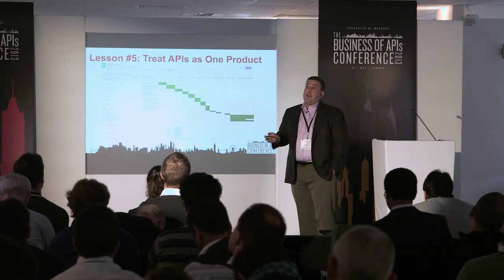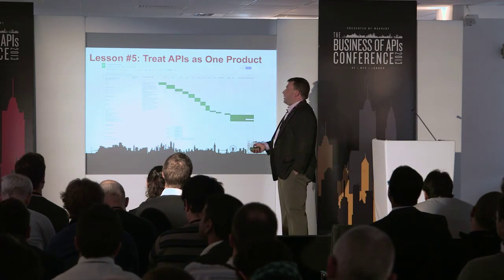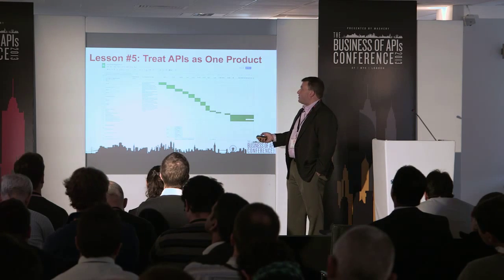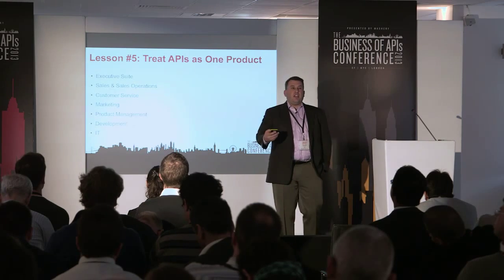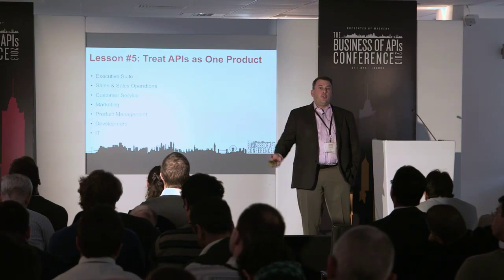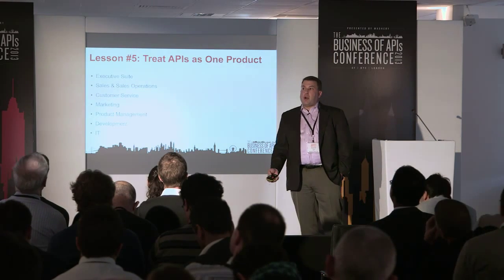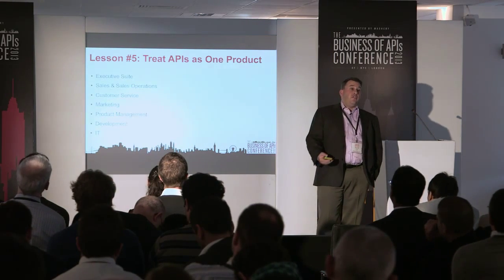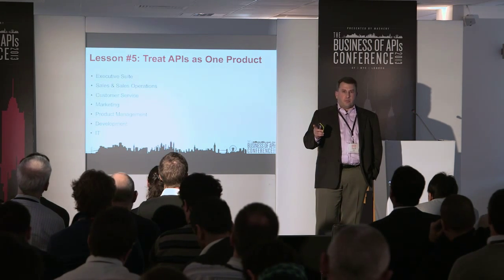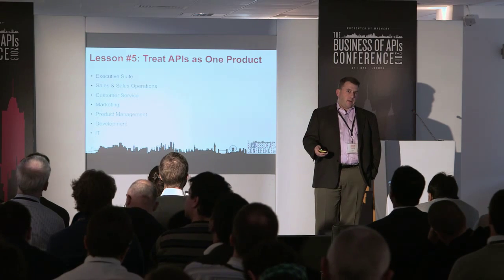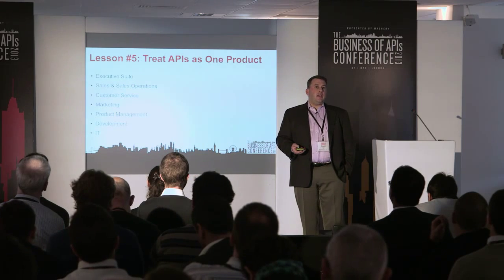The next thing is treating the APIs as a product. Again, you heard this earlier today. What I'm showing you is the REST API project plan for us from our Google Docs. You can see we have deliverables all the way through June, and it requires interaction from all different groups, from the executive suite to sales and sales operations, customer service, marketing, product management, development, and IT. We have weekly meetings with constituents from all of those groups to go over the project plan for our API launch. And it was surprising to me